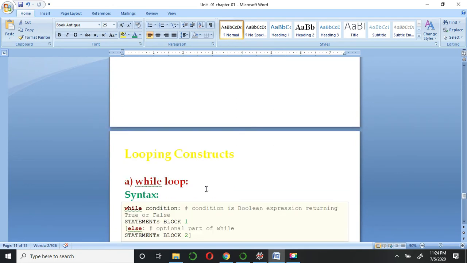Let's move to the next topic, which is looping constructs. Looping constructs are basically loop statements or iteration statements. Why do we use loops in our programming? As we have already discussed in class 11th, and I have told you with some basic examples, a loop is used to represent something in a repeating manner.